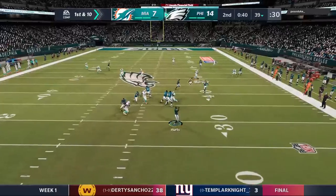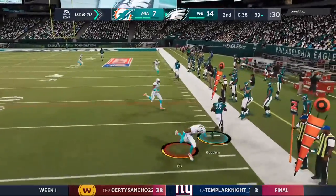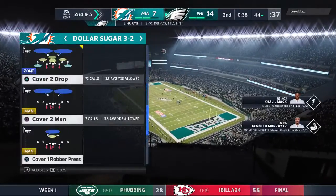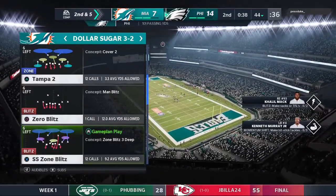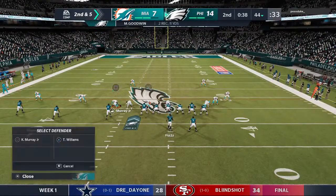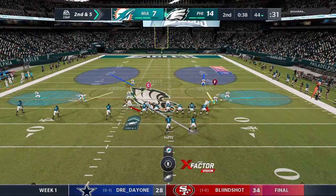Here's Hurts to throw. Man open, it's Goodwin. And he'll be out of bounds up near the 45 at the 44. 5 yards on the catch there, brings up second down. 44-yard line. It's a gain of 5. Brings up 2nd and